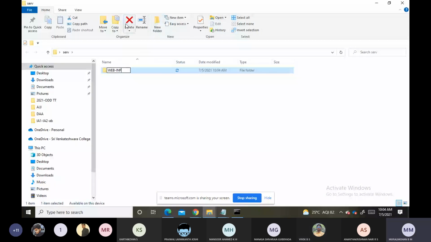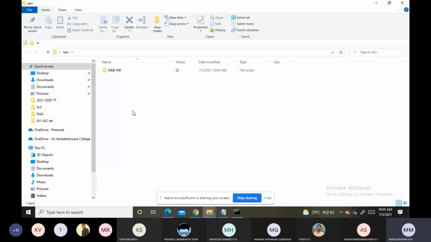Next, once you create this WEB-INF folder, here one more file we should create, that is an HTML file. That is the client program we should create.